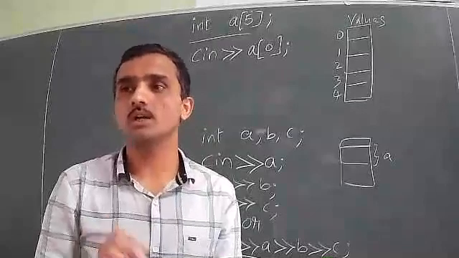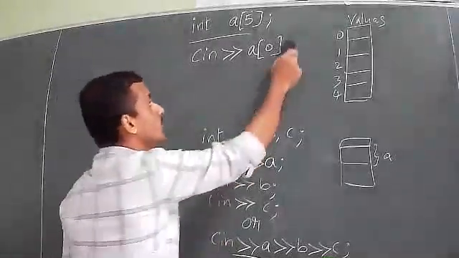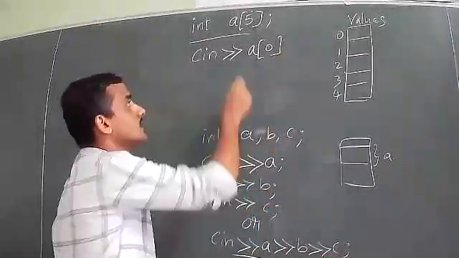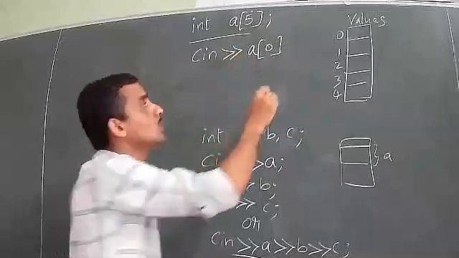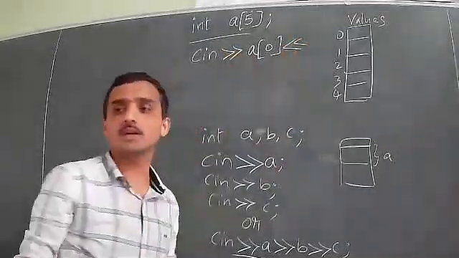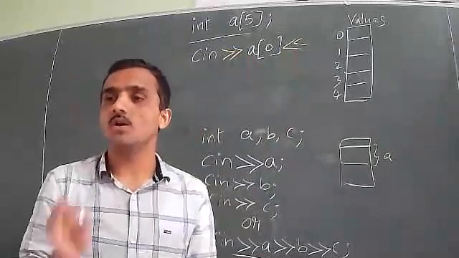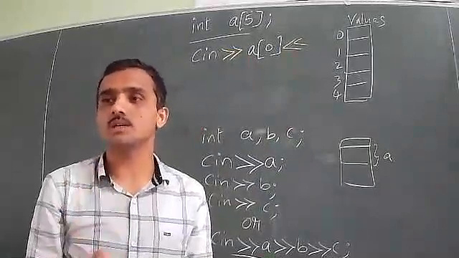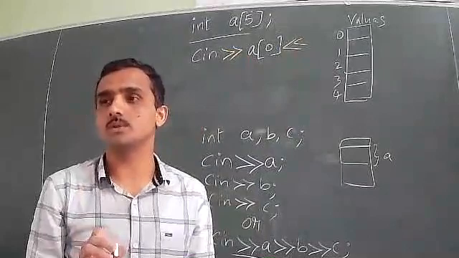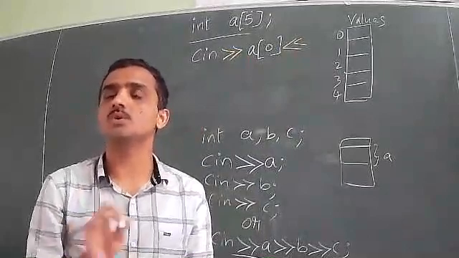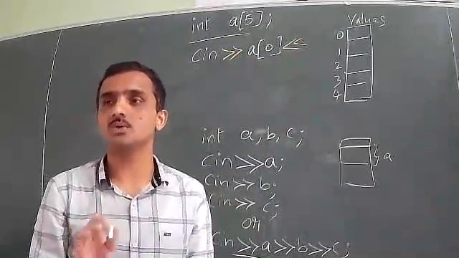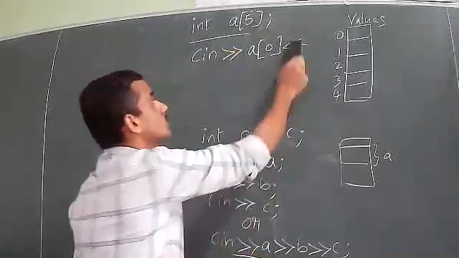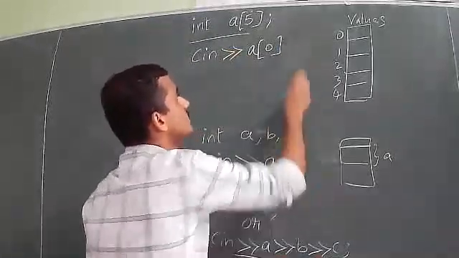Don't write. Okay, and one more thing, you should be very careful when you are using cin statement and extraction operator. Suddenly don't change to the insertion operator. You will get an error. Always for cin statement only extraction operator. For cout statement only insertion operator. For cout statement don't use extraction operator. For cin don't use insertion operator. Okay. So you end this with semicolon.